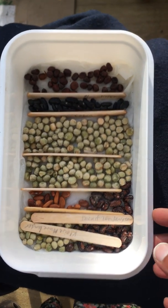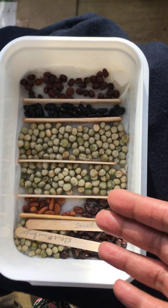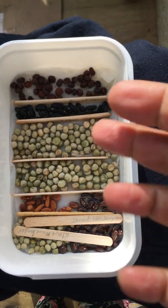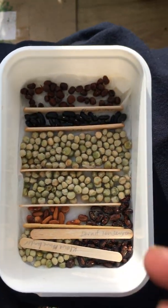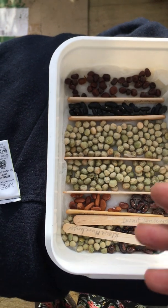Like many gardeners, I buy far too many seeds every year without checking what I've already got. So we end up with tons and tons of packets of seeds, especially beans and things. They often give you quite a lot of seeds in a packet. Now, I've been trying to sow with these seeds and other seeds, and I found that